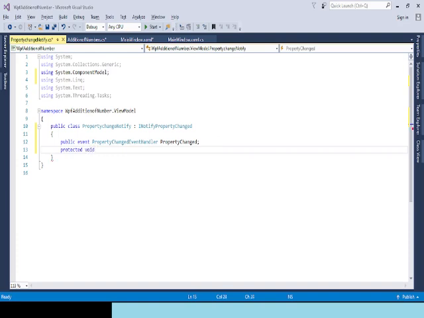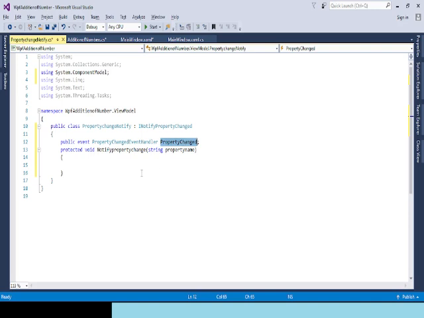We will notify from the UI. NotifyPropertyChange, then string, here is the property name. Okay. Now if PropertyChanged,